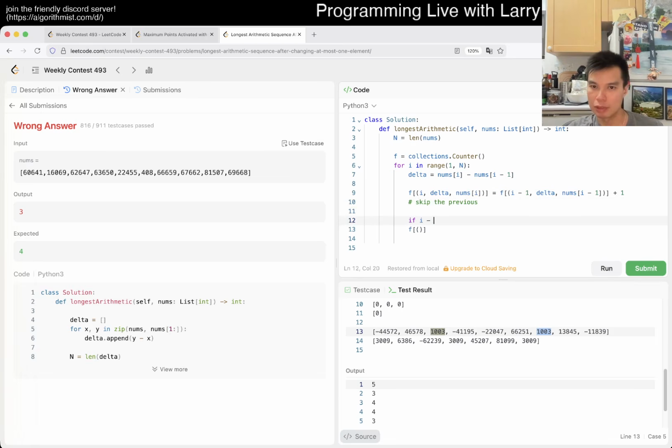If I minus 2, right? So delta is equal to 2. If delta mod 2 is equal to 0, otherwise it's just weird, then